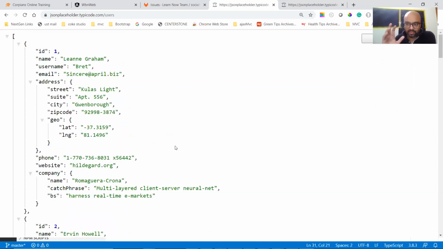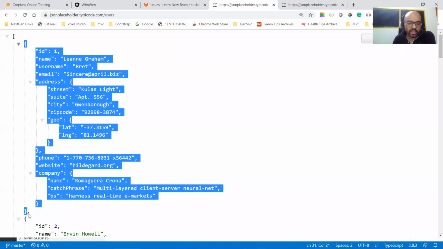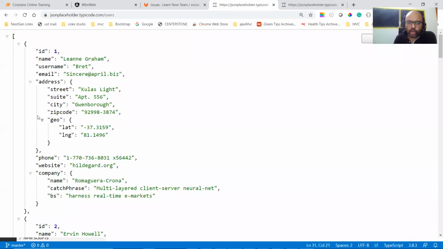Because see guys, when you create your own MongoDB, in MongoDB you will save the data just like this. You will not have, as in SQL Server, a separate address table. Am I right? One will be user detail, second would be user address.